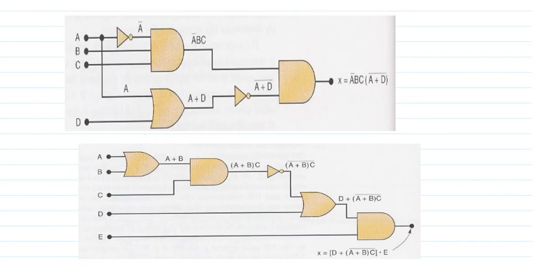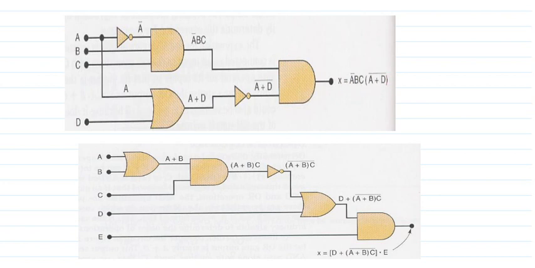Right. Now look at the circuit. This is a three input AND gate. The input is A, so it is A bar here. So A bar BC. So here it is. A is coming. This is D. This is an OR gate. So A or D. A or D can be represented with a plus symbol. Okay. Then because of NOT gate, everything is complemented. We have a line over A plus D. Then these two are AND operation. So A bar BC multiplied with A plus D whole bar.